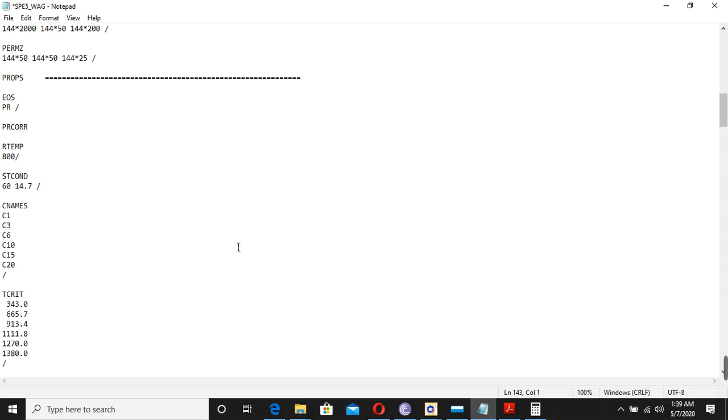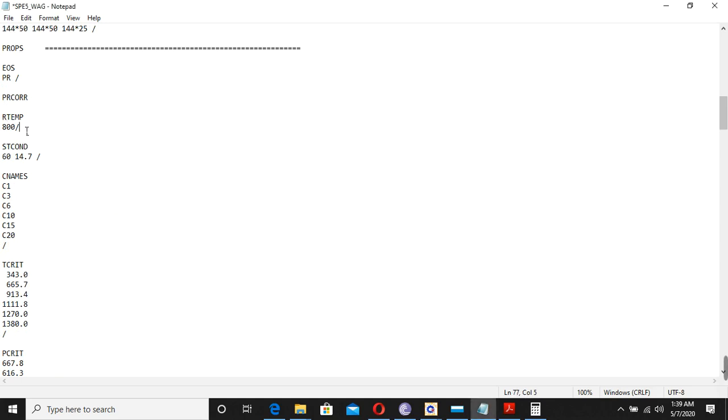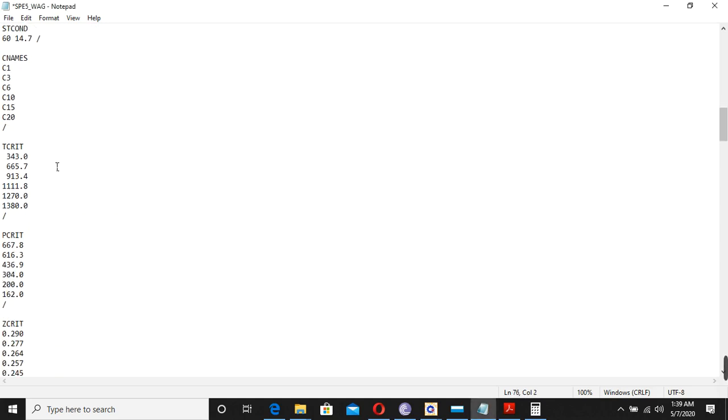Now if I ask you to change the equation of state, this is the place you can change. If I ask you to change the reservoir temperature, you can change it from here. If I ask you to put more components, here you can put the components. Once you add them, you have to add their properties also, else the program will show error.